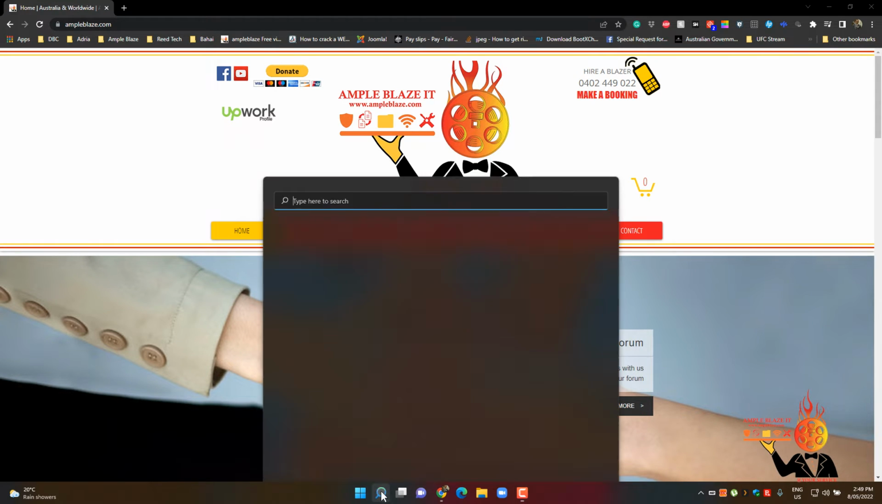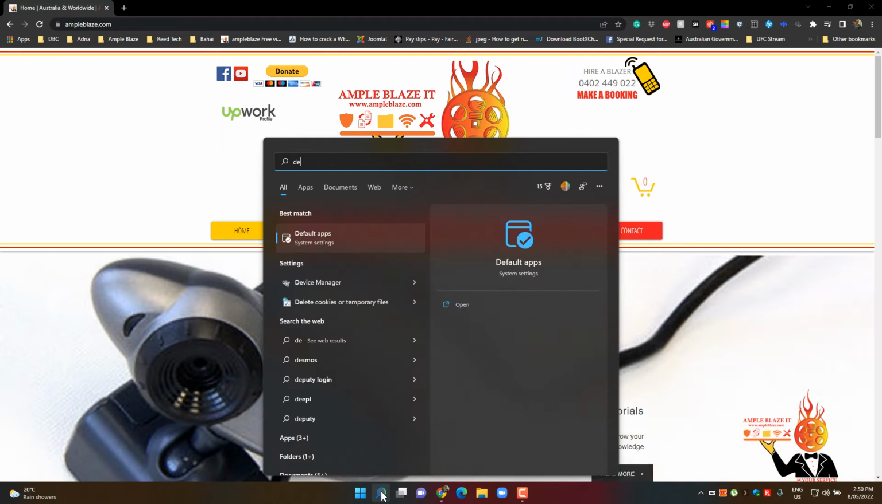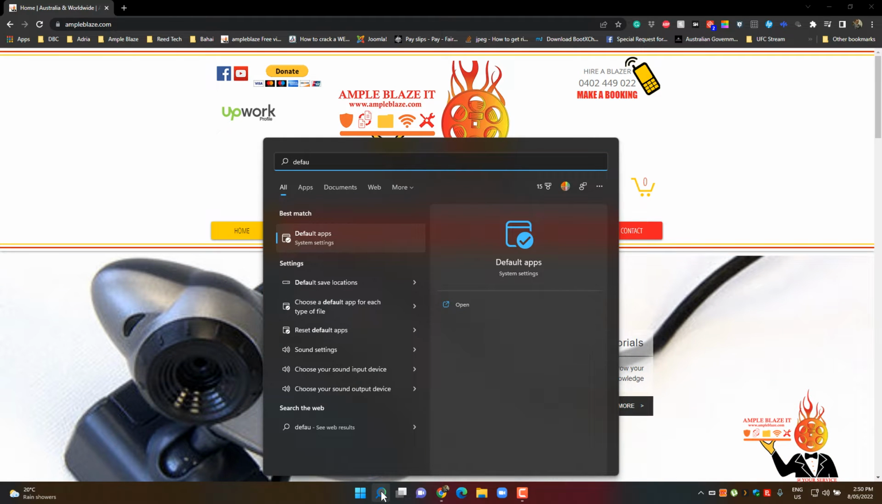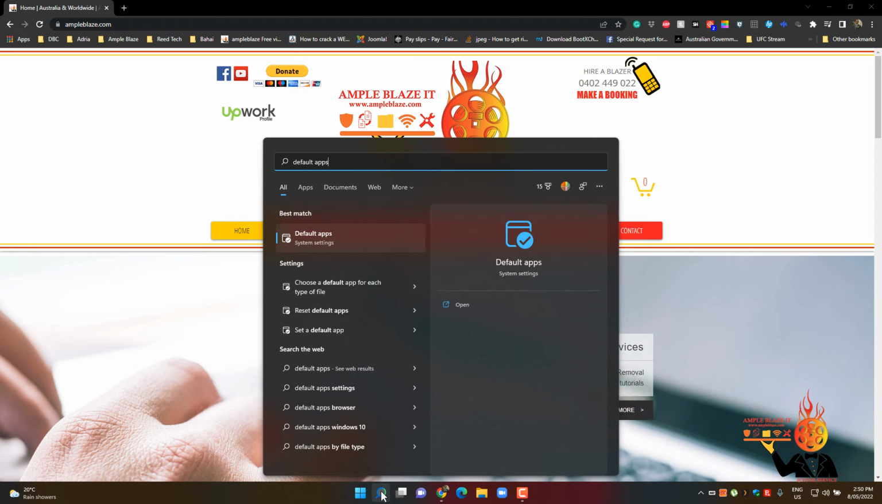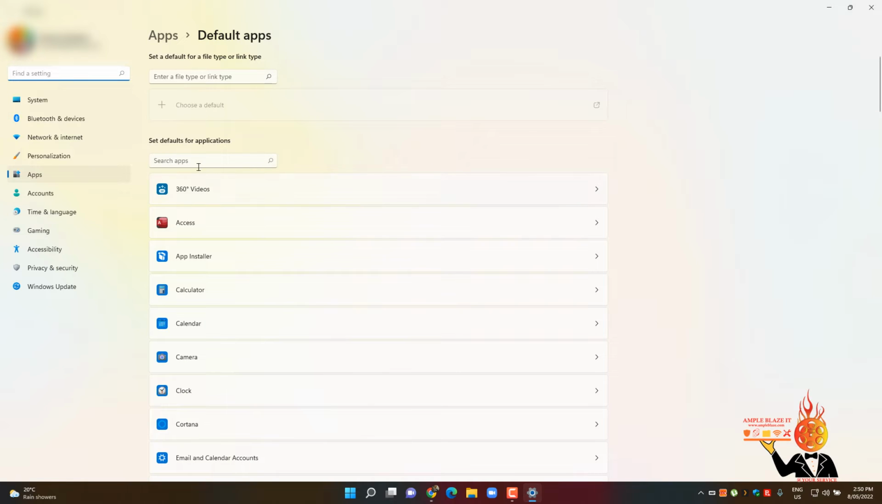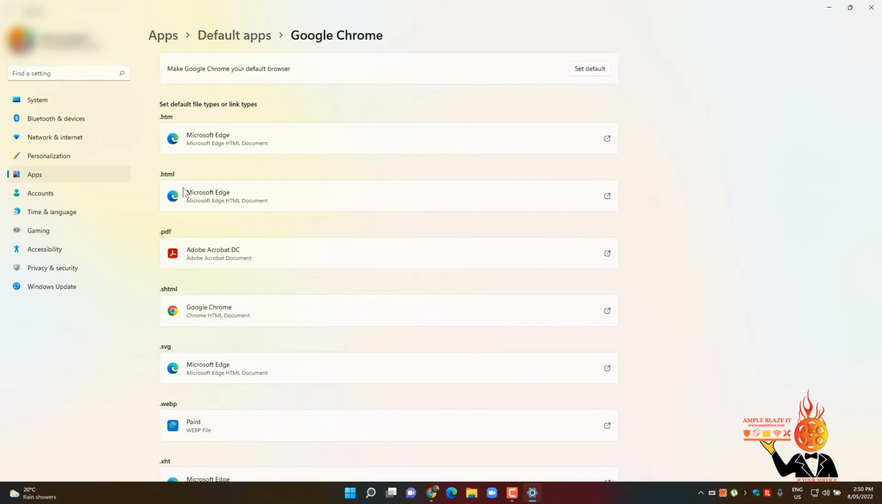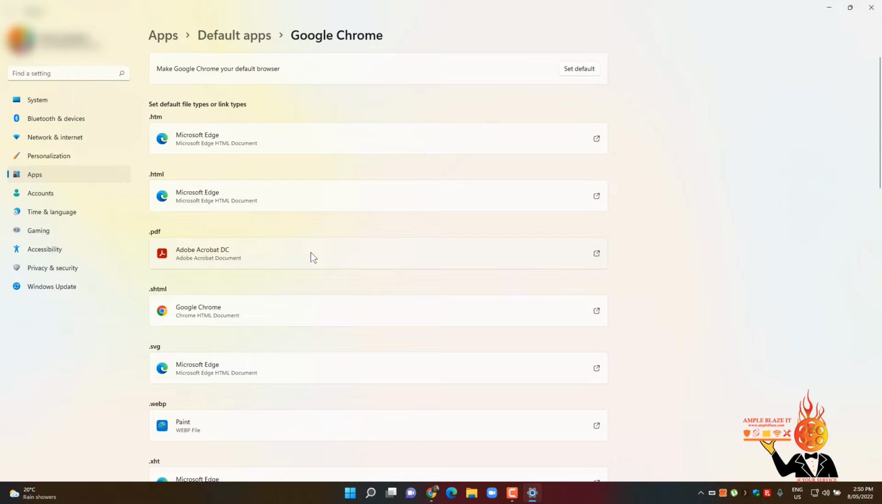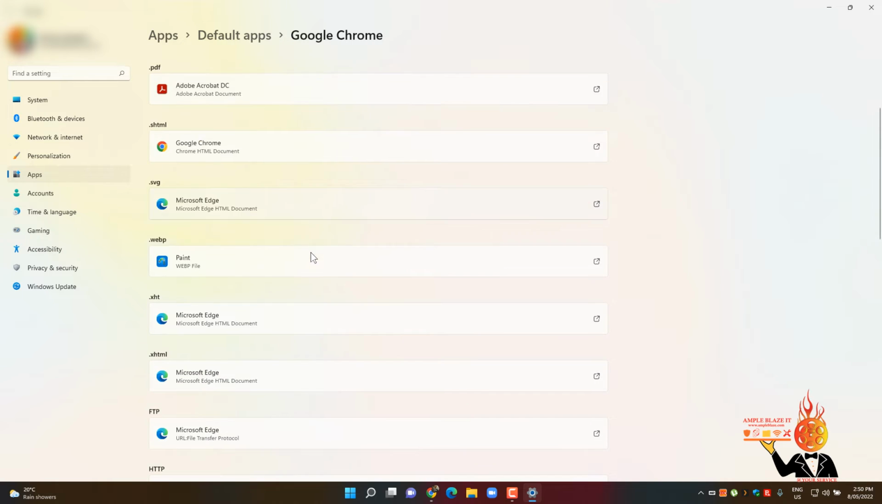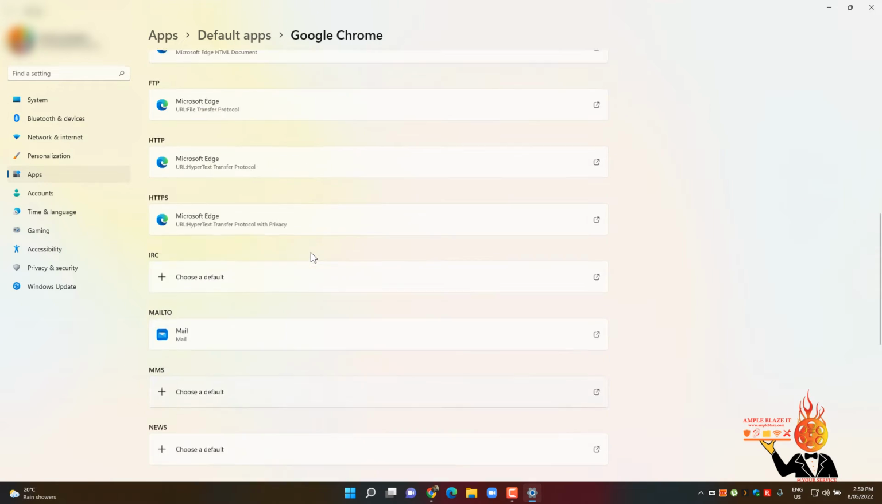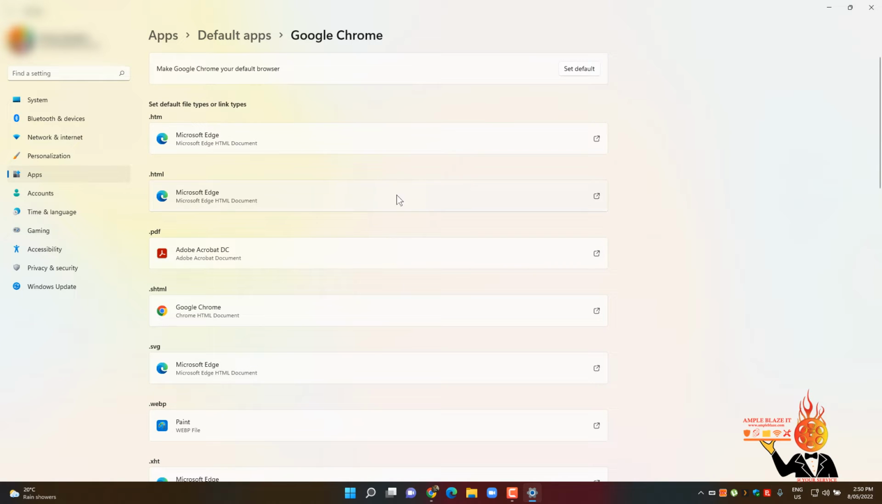So you go into your search, type in default apps, okay, and then you go there. Now what you can do here, type in your browser. We're going to choose Google Chrome, and then you can see everything here is basically associated with Edge. So we're going to change the first one,